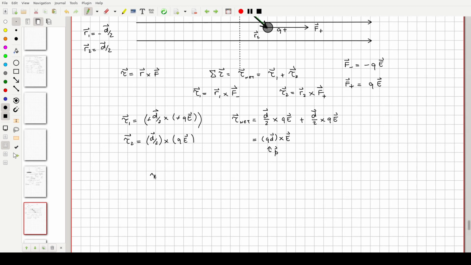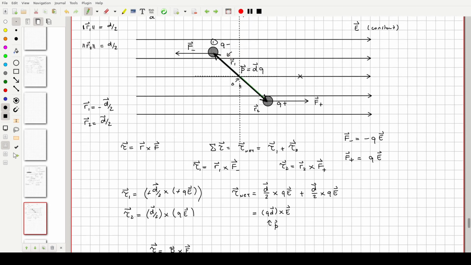So if I want to know the torque on a dipole, it's going to be whatever the dipole moment is, cross the electric field. And that's what makes it want to rotate. As you can see here, if this thing is free to rotate, it's going to want to line up with the electric field. Now, this has consequences, and I'll just briefly talk about them. When this lines up with the electric field, when this moves this way and this moves this way, what you end up with is